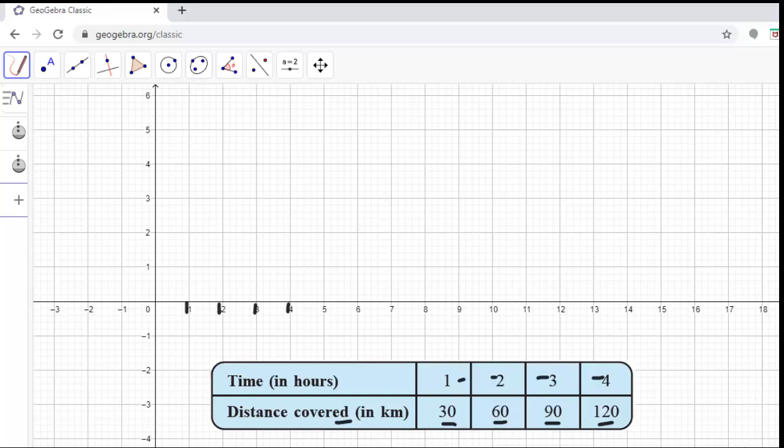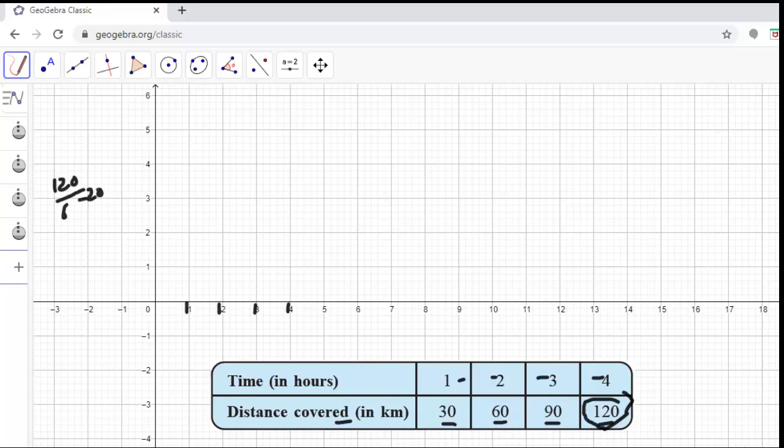Then for the distance traveled on the y-axis, you have to choose a proper scale. We have how many centimeters? You can see 6 centimeters, and the data you have to place is 120. So this is the bigger data, so we have to choose a proper scale. If I plot 120 here in 6 centimeters, then 120 divided by 6 will be equal to 20.